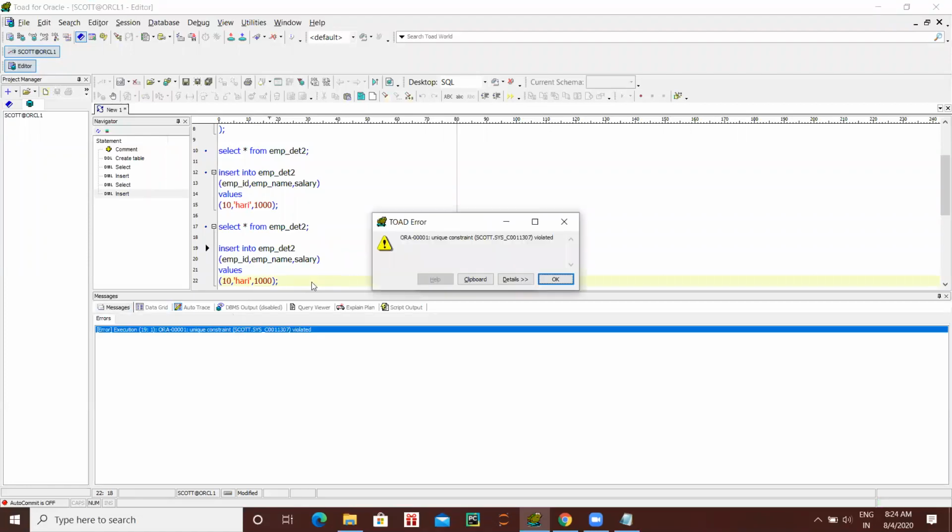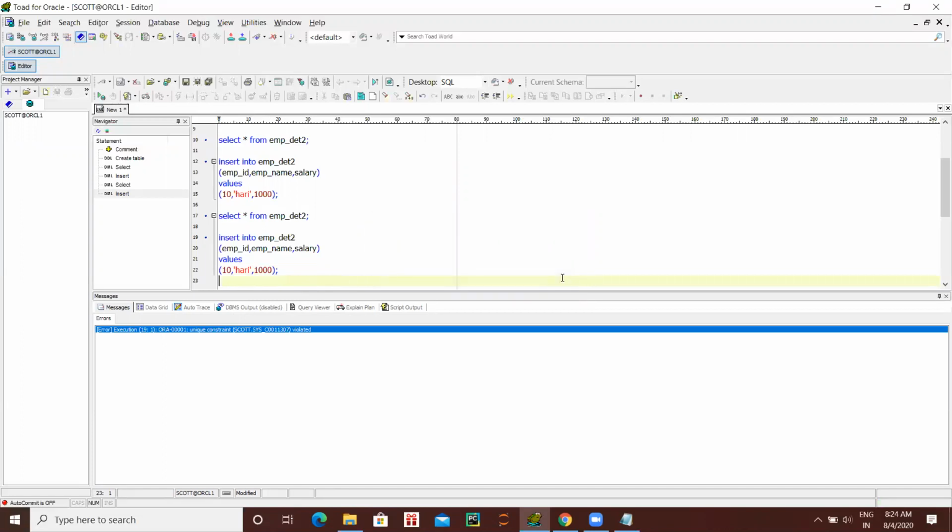See, it is showing unique constraint violated. That means there is a unique check: you cannot insert duplicate values. That's the reason it is showing unique constraint violated. Now press OK.